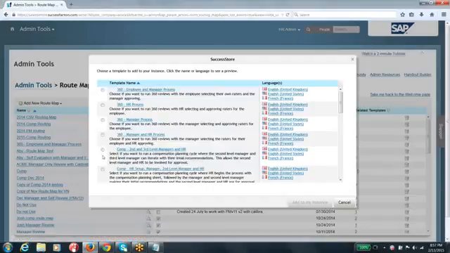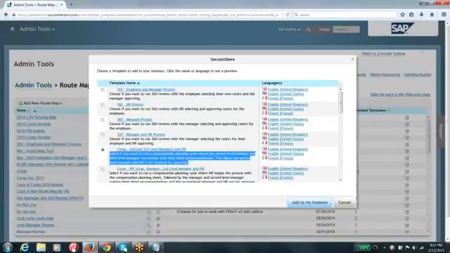Let's say if you are interested in adding a roadmap of the compensation module, and here you can see the description will tell you whether this roadmap will meet your expectations or your requirements or not.